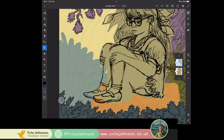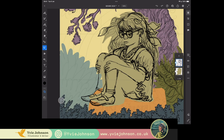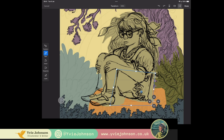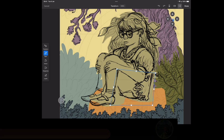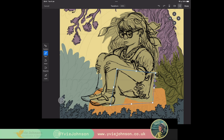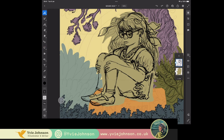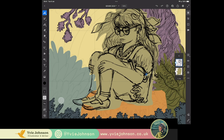I wonder if I think this body edge probably also needs lengthening. The skew might work better for this, to alter the angle. Because when you're sat against a tree, you've got quite an arched back. Move that out the way. Okay, let's see. Deselect, go back to my brush, just fill in some of these